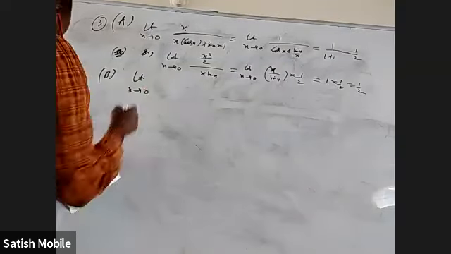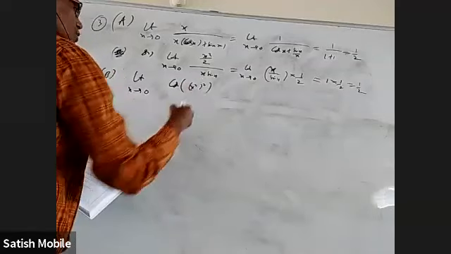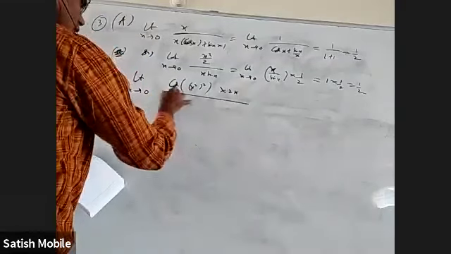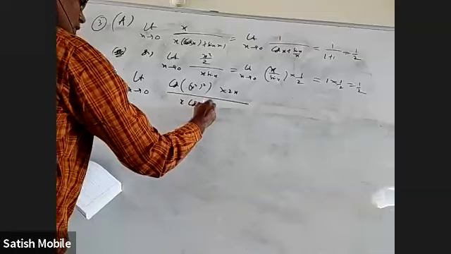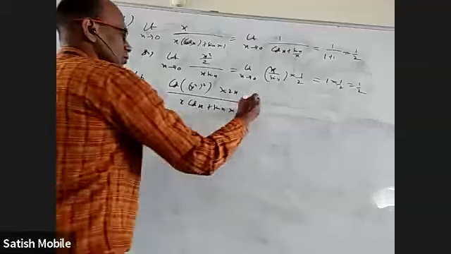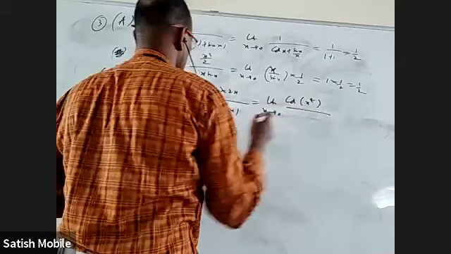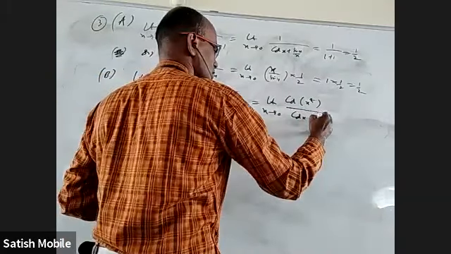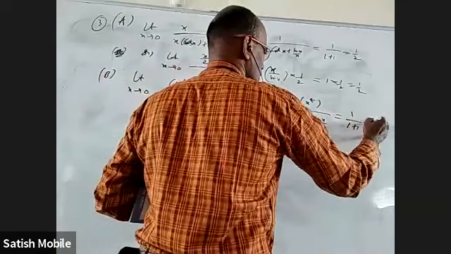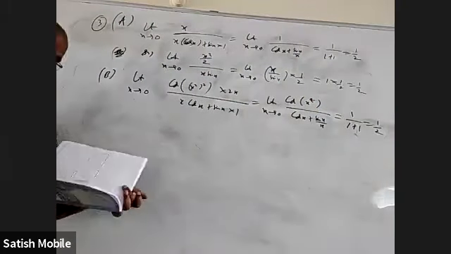Limit x extends to 0. The derivative of the numerator: wherever t is there, I write x square. So cos of x square whole square into derivative of x square, which is 2x. The 0 minus 0 part I'm not going to write. Down is x cos x plus sin x. This x I can bring down. I'll get limit x extends to 0, cos of x power 4, and this is cos x, this is sin x by x. At 0, this is 1, this is 1, this is 1, everything is 1. This is also 1 by 2. But here we don't have an alternative of really finding that cos t square integral.